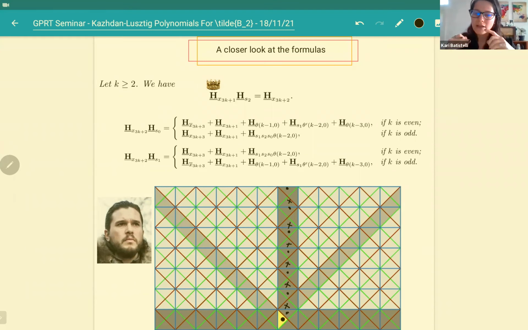And from now I can go to the right or to the left. And I'm always going to have the choice of crossing a red wall or a green wall. And that's why I have 2 formulas here. This one crosses the green wall and this one crosses the red wall. That's why I have more cases. But